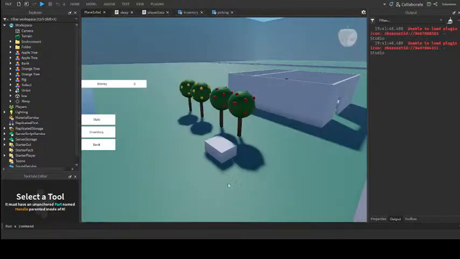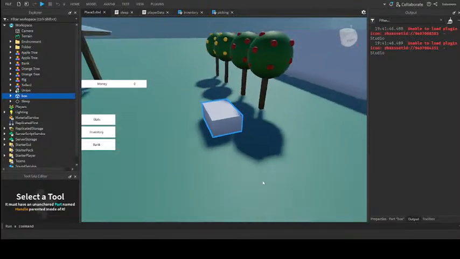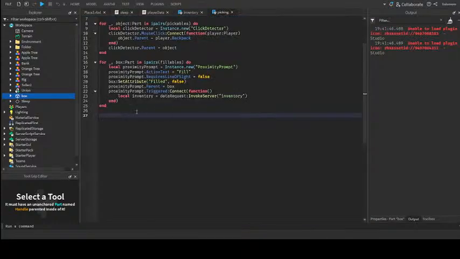Okay, so now let's see what we're doing now. Okay, so we're working on the proximity prompt here. We want to be able to click on this and then to fill this up. So we were in the picking script, if I'm not mistaken. Yes, so we're in the picking script. And so now that we're in the picking script, we want to see when you click on this proximity prompt,